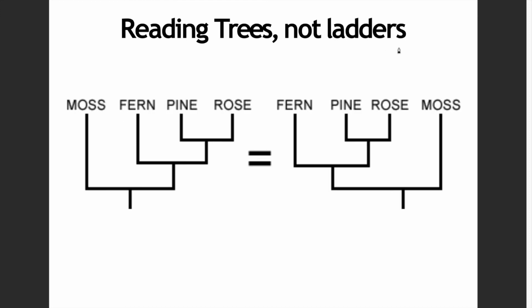So yeah, keep in mind that these phylogenetic trees are not ladders. They are not a stepwise increase in complexity. No? They are not graded ladders, no? Grade 1, grade 2, grade 3. No, you can arrange them in any form because they are topologically the same, as you can see here. No, it doesn't mean that this rose species is more advanced than the rest. Doesn't mean that, because all of